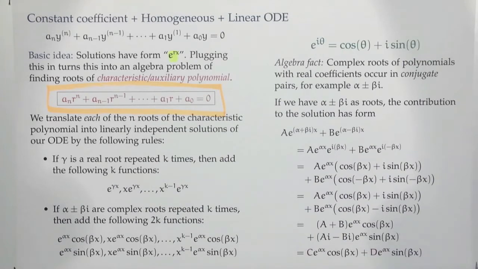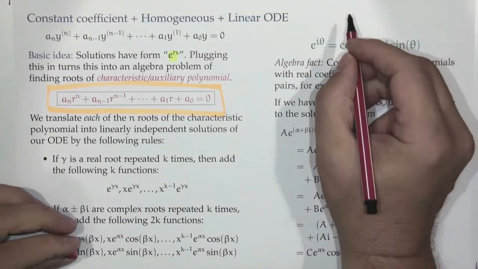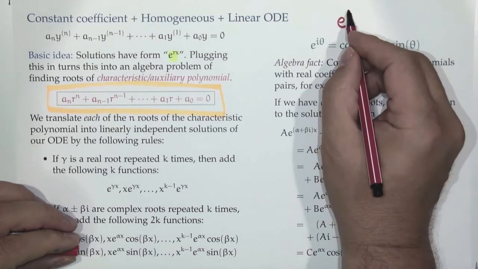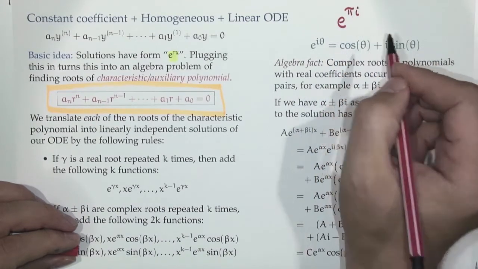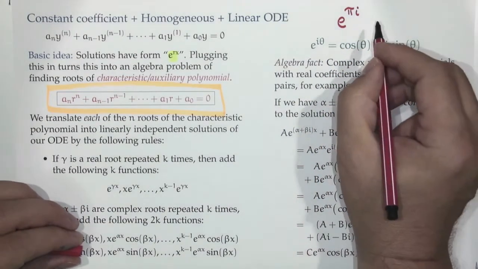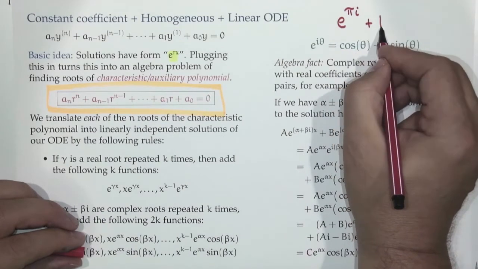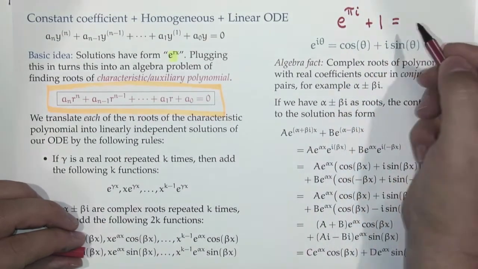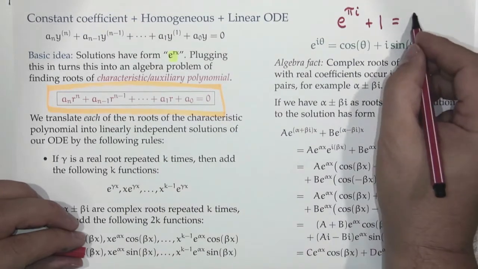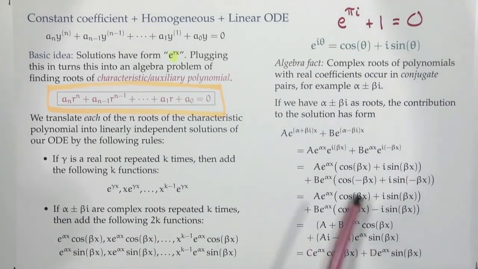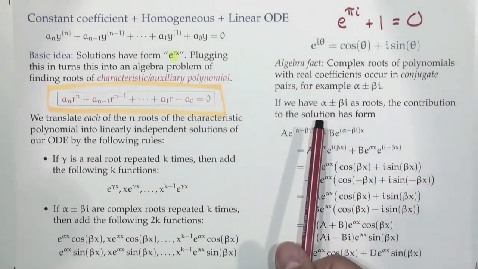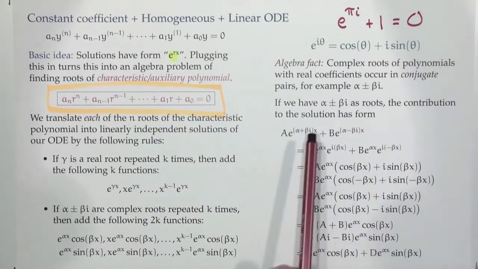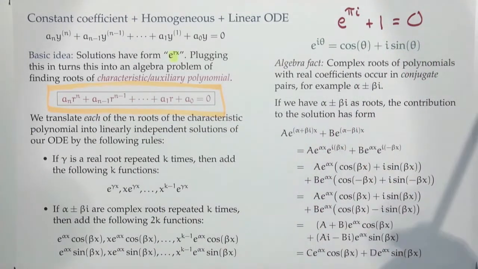sequences and series. And it leads you to one of the beautiful facts of mathematics, some people consider this like the most amazing equation. If I take e to the pi i and I add 1, what does that equal? It equals 0. And you're like, whoa, e and pi and i, you have 0 and 1. Those are like the two most popular numbers. Adding, like that's really cool. The idea of things being equal. It's like all of the good stuff in math in just one equation. Okay, so anyways,